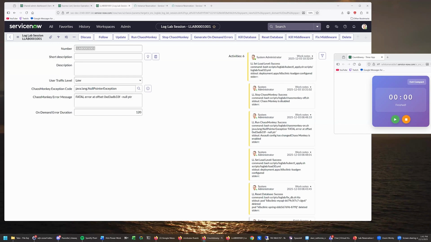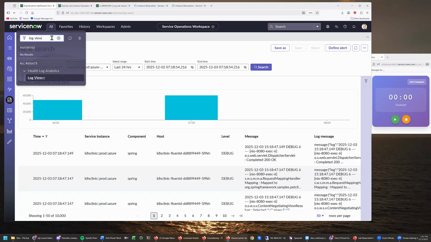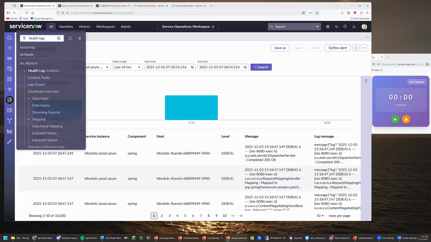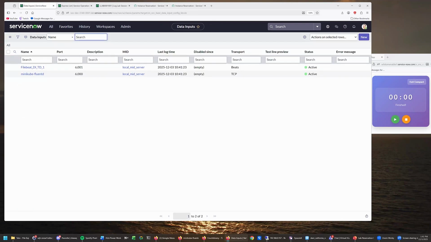Defining those data inputs, those ingestion points, is accessed within the platform itself. And that's going to be the first portion of what you're doing in exercise 4. So we start by navigating to, under Health Log Analytics, the data inputs. And a data input is an entry point for log data to either get pushed in from the log source,